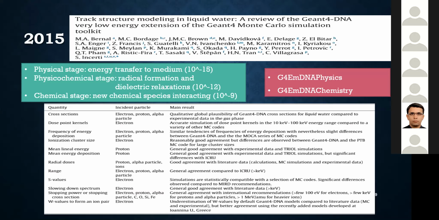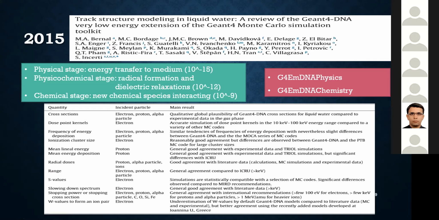And these new species that were created before in the physical-chemical stage are now interacting among themselves or with the ones that already existed. So we must know that in the chemical stage is where the DNA damage happens. So we see now that chemistry is really important. The chemical stage is really important in simulating the DNA. So for this, we must know that